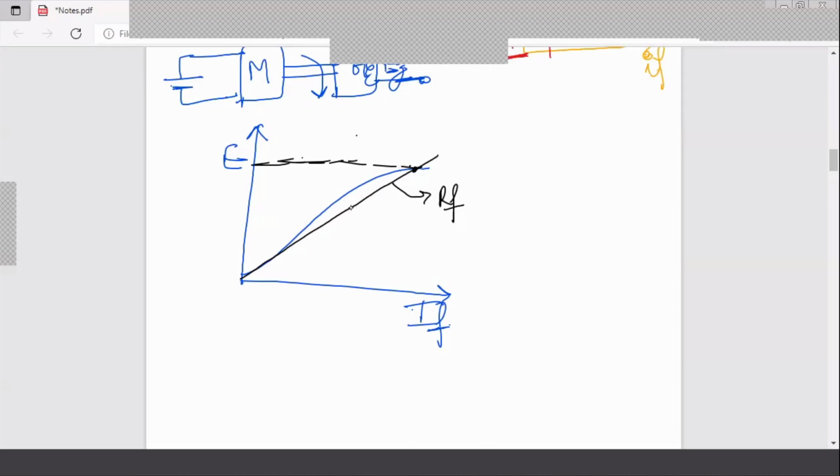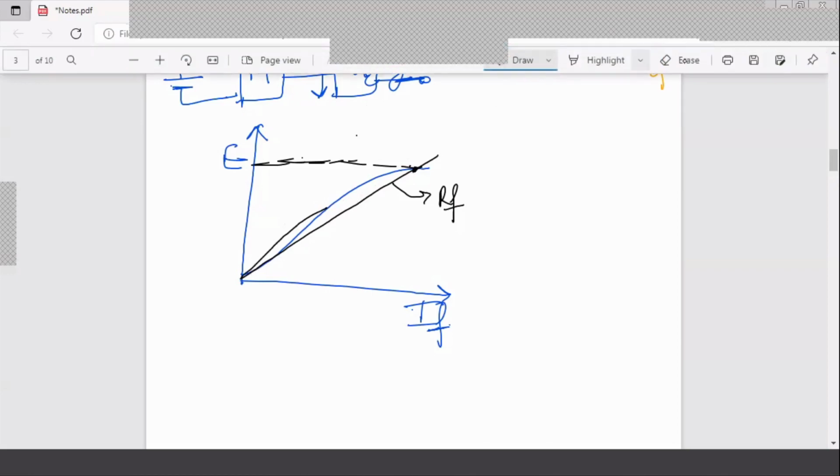So this is the line which I've drawn. Now, if I increase the field resistance, what will happen? The slope will increase. The slope will increase means you may have a line something like, erase this.